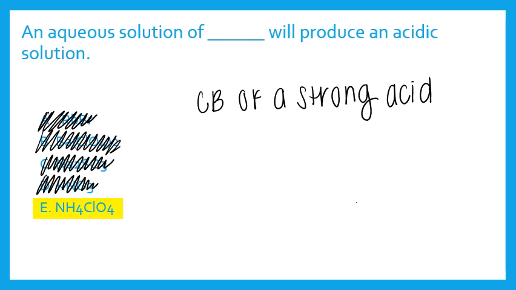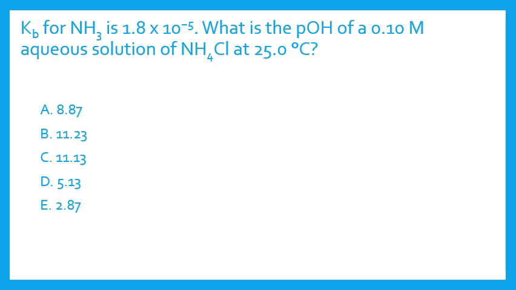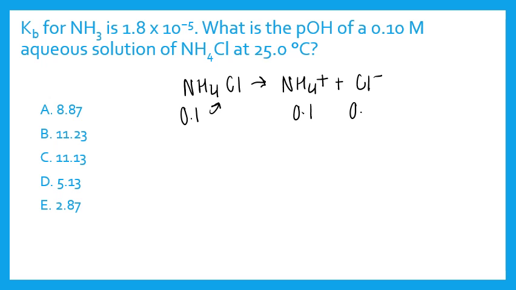Okay, so Kb for NH3 is 1.8 times 10 to the negative fifth. What is the pOH of a 0.1 molar aqueous solution of NH4Cl at 25 degrees Celsius? So let's start by writing our solution. So we have NH4Cl, and this is going to completely dissociate in water into NH4+ and Cl-. And we know we had 0.1 going in, but we also have 0.1 of each of these because it is